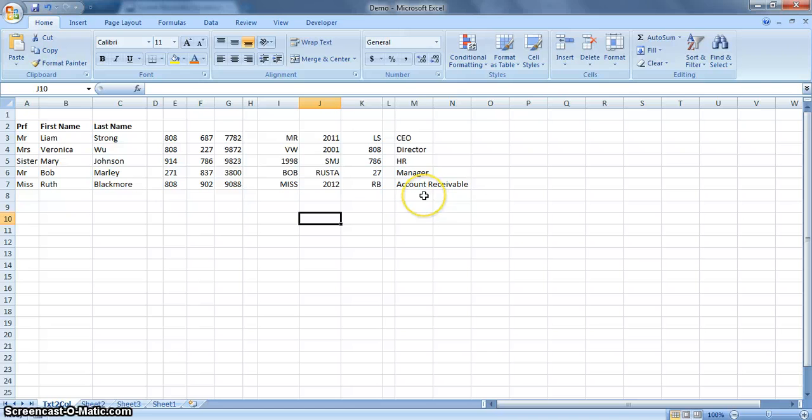Okay, so at this point I want to combine first name of the employee and their position. So down here we're going to hit the equal sign. We'll click the cell, or cell B3 with the name, and we'll use the ampersand key, or the and sign,